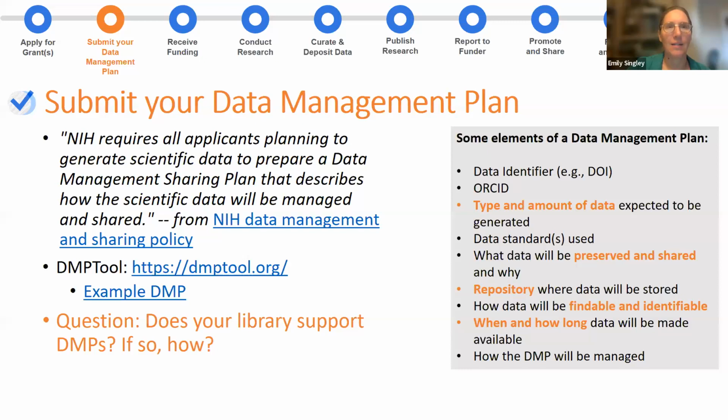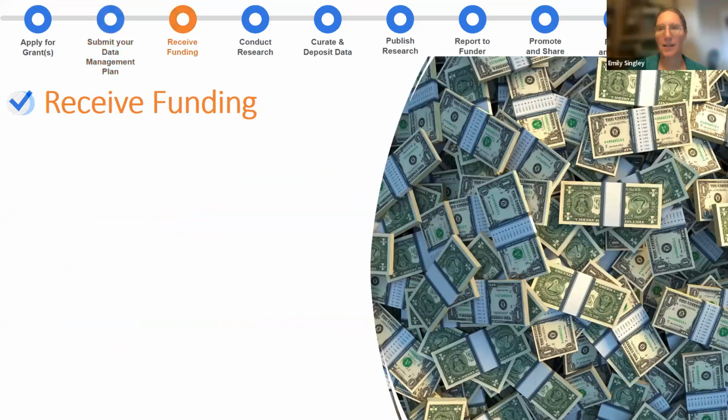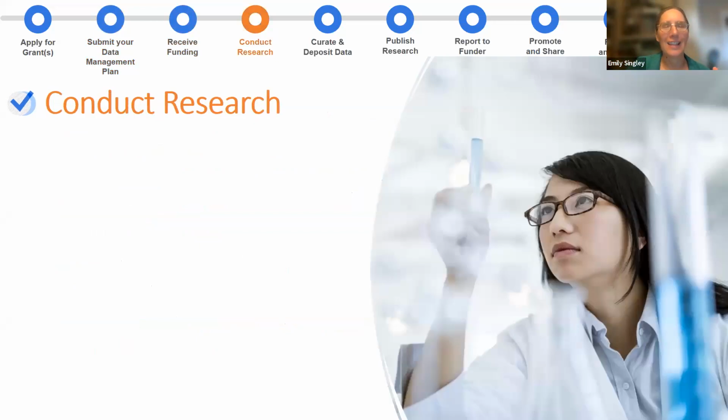And then the next step is you wait and then you get your money, hopefully. So that's a really nice step. We have nothing to say about that. And then the next step is you, as a researcher, have your funding, fantastic, and you are going to conduct your research. There are quite a few sub-steps in this, so we're going to walk through a bunch of them.